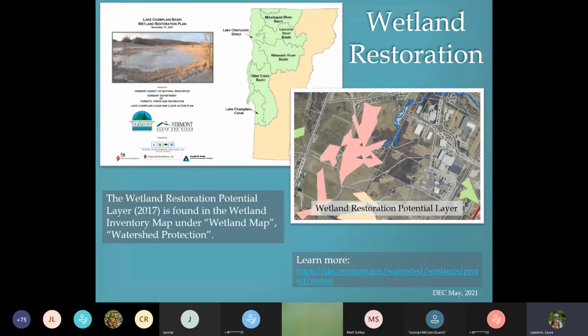The ideal wetland restoration sites are those that historically functioned as wetlands, but were converted to other uses through ditching, draining, or other hydrologic modifications. For the Lake Champlain Basin, you can use the Wetland Restoration Potential Layer created in 2007 and updated in 2017.